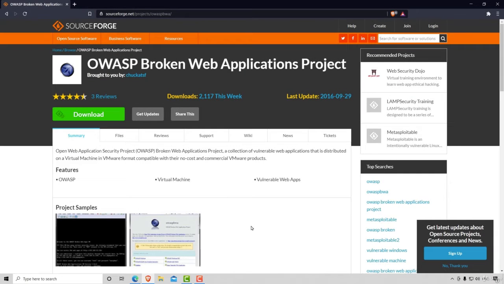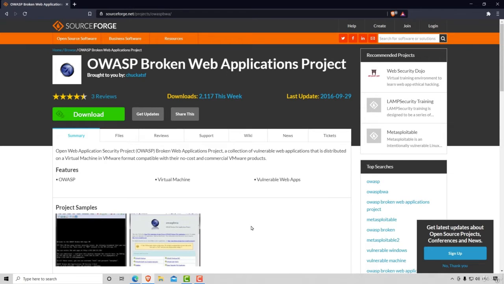Welcome back. It's time to install the machine that we will use to attack. For this course, I have chosen the OWASP Web Applications project. Why this machine? Well, first of all, it's very simple to install. It takes quite a little time compared to Kali Linux. It will only take us a minute or two to install it. And it also has a bunch of vulnerable web applications hosted on this machine that we can use to target